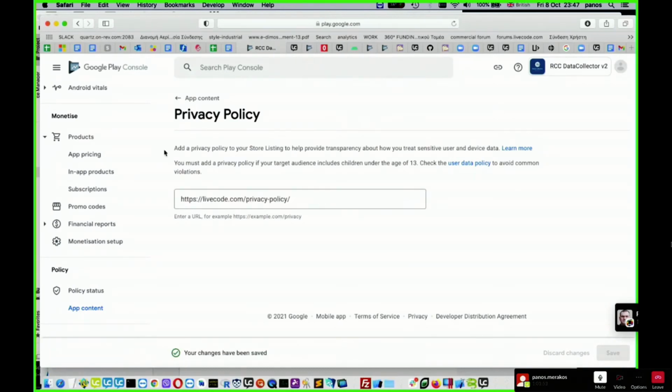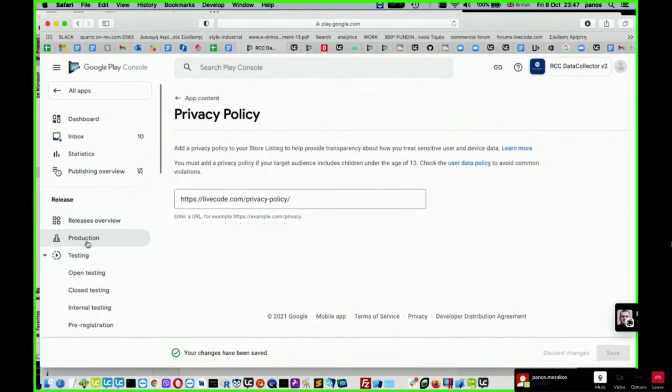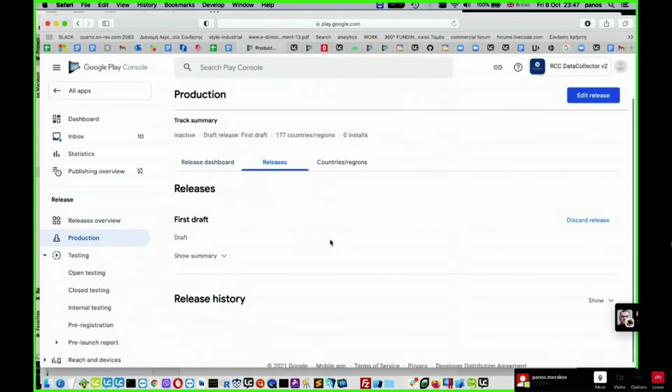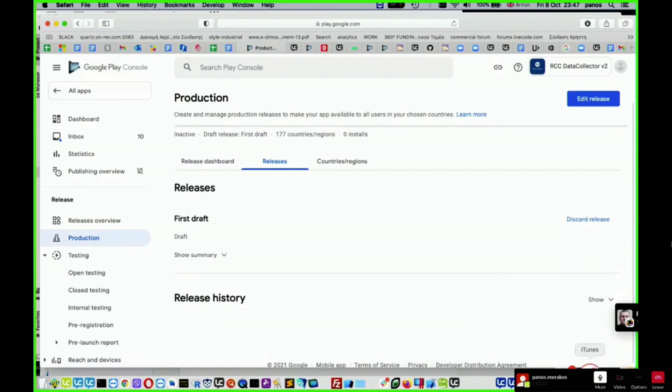So hopefully, if now I go back to the production track and go to the releases. Okay, now if I try to resubmit the same app bundle, I will get a rejection. Can you guess why? Because the version number will be the same.